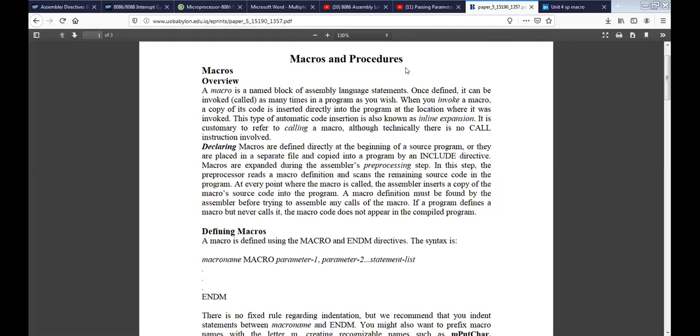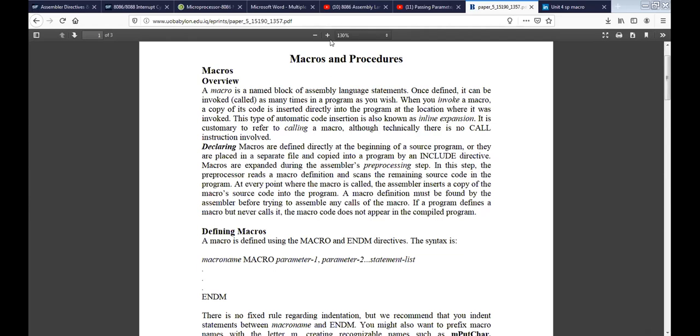So let us see how we declare a macro. How do we write a program for using a macro?